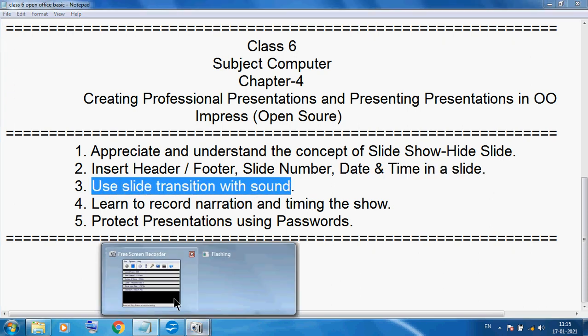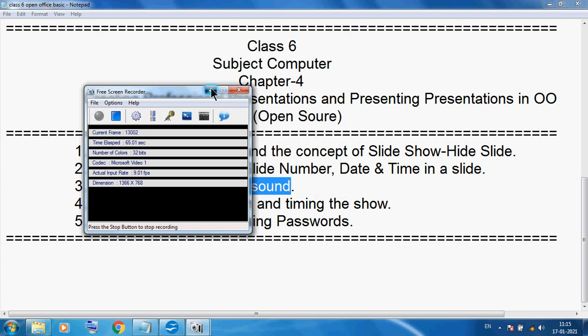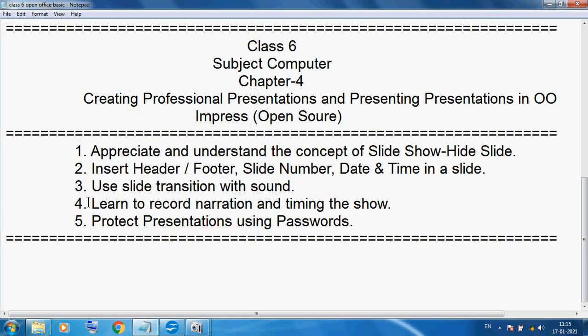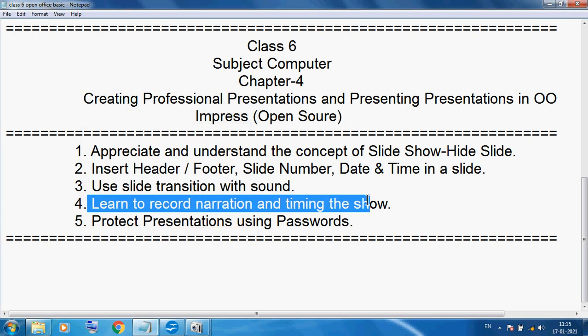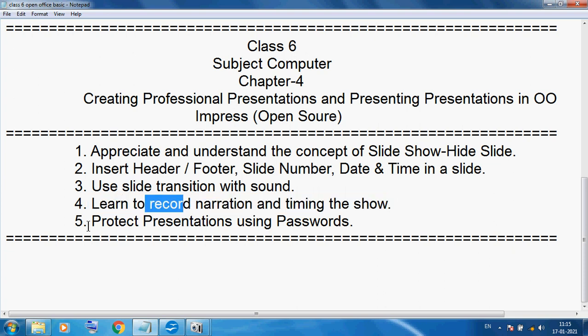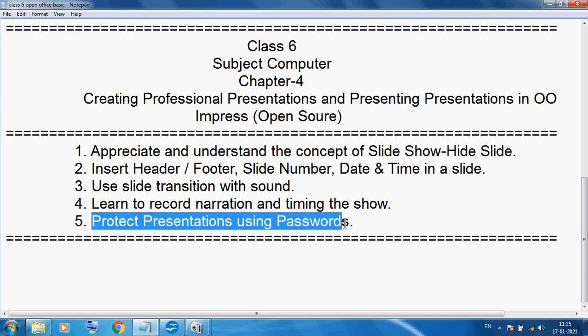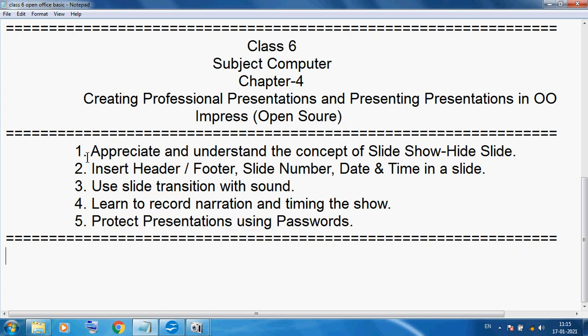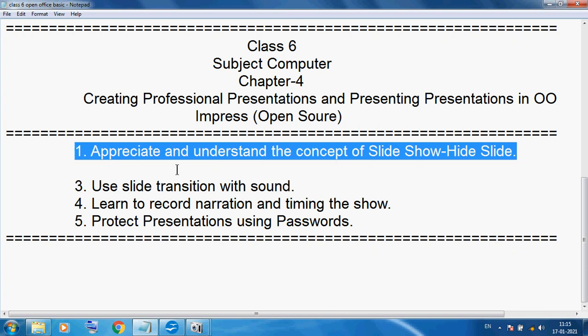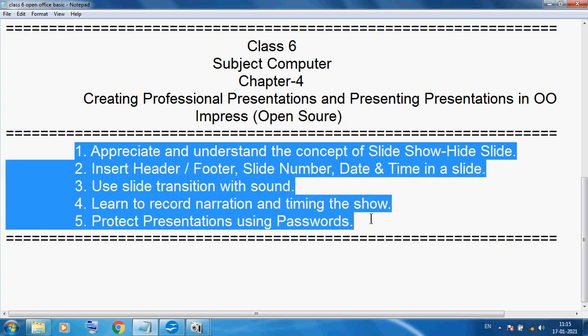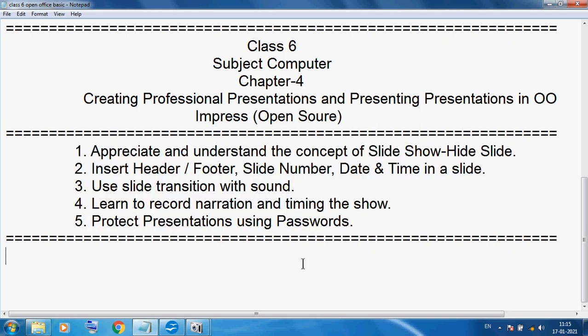Okay, so and next we can take point 4, learn to record narration and timing the show. Okay, we can adjust our record narration and timing and protect presentation with password. Okay, so these are our 5 topics. So one by one I am explaining in practical form. Okay students, so let's start.